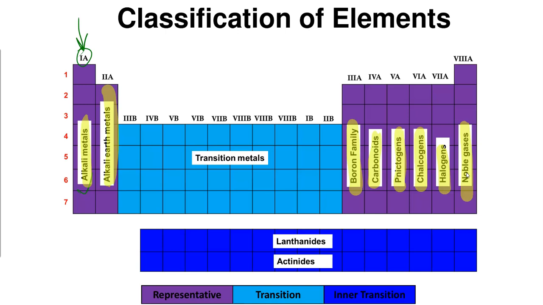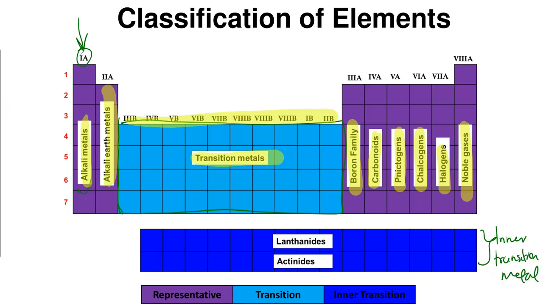Then we have this boundary here. Remember, these are the transition metals. The blue part of these are the transition metals, which is basically from group 3B to group 2B. And then under this periodic table, we have the lanthanides and the actinides, which are the inner transition metals. The inner transition metals